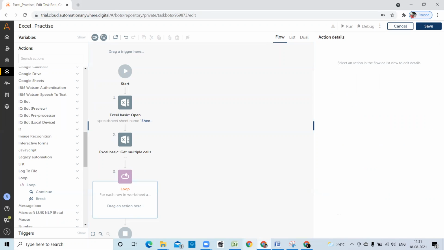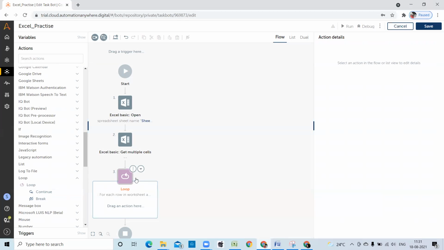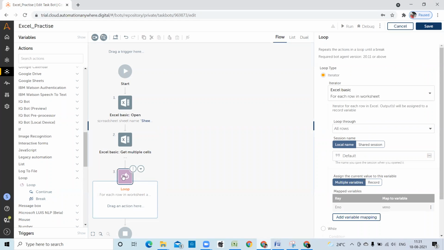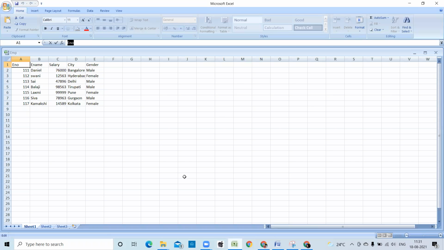So now we have to create 5 variables. We are storing 5 columns result, right? So that's why I'm storing into 5 different variables. Now go here. So add variable mapping. Now I'm storing employee name.